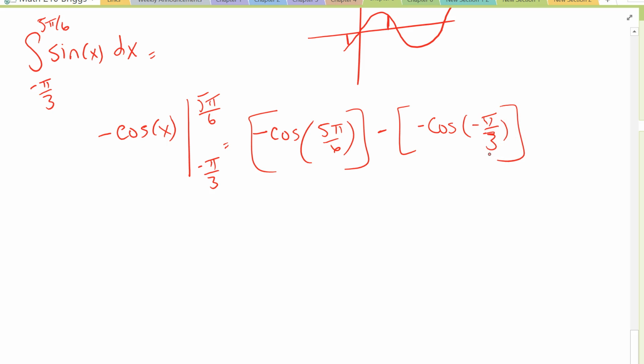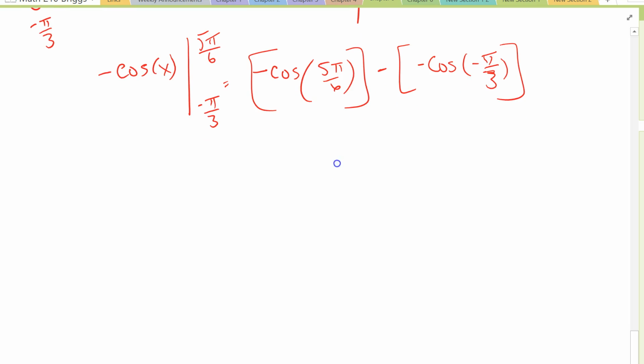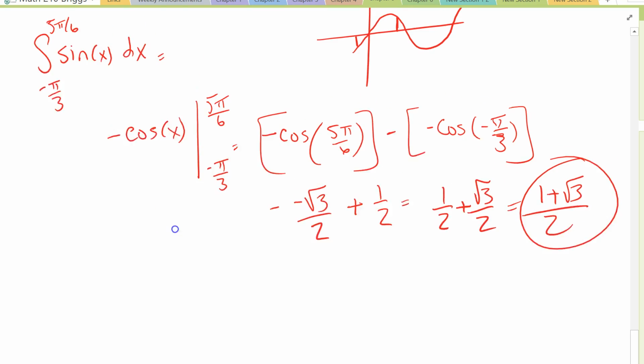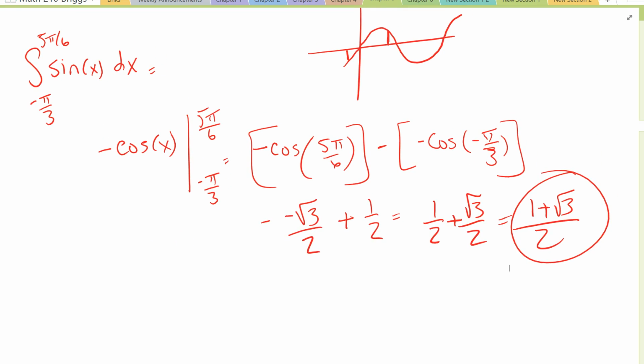So evaluate cosine at 5 pi over 6. And that gives me minus square root of 3 over 2 plus cosine of minus pi over 3, which would give me 1/2. So that gives me 1/2 plus square root of 3 over 2, which gives me 1 plus square root of 3 over 2. The integral of sine,